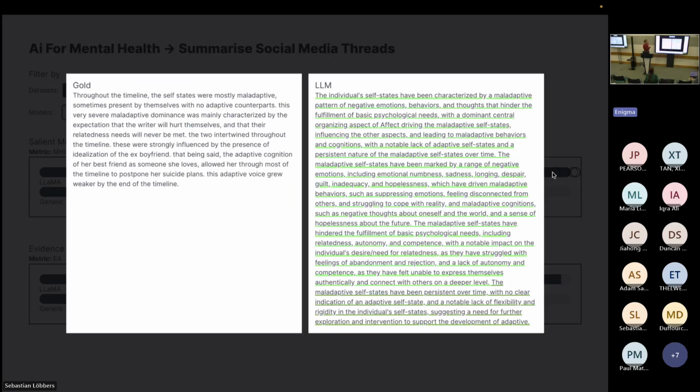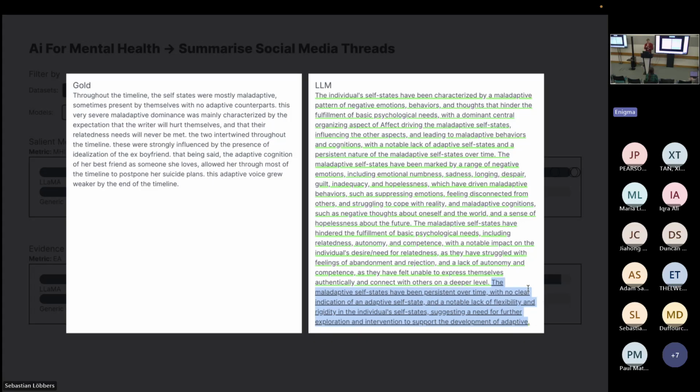The way that we calculated factual consistency here is that we have a transcription by humans, which we call gold. Then we have the summary, not a transcription, a summary by humans. And we have a transcription that's generated by AI. The brighter green it is, the higher it scores in factual consistency. So you see this one is pretty good. This last sentence is kind of good, but it's not as great.